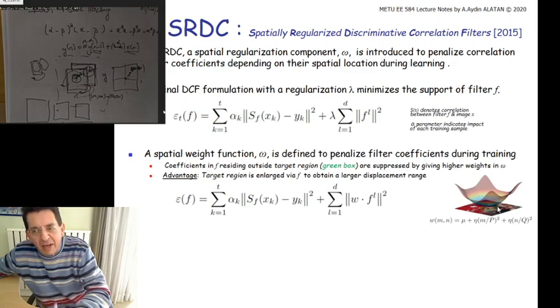If you take the green box DFT, you can only find the shifts within the green box. But if you make your window larger in this way, and if you put such a term which is giving high values in the peripheries, low values in the center, as here,